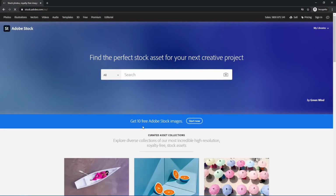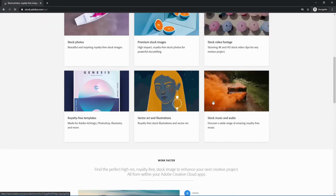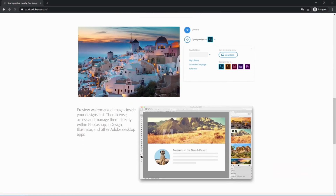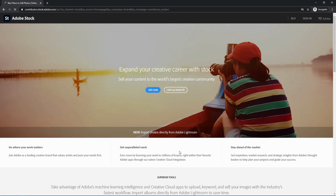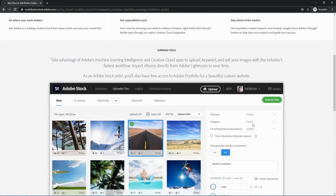And as you can see here, if you don't have an account yet, you will not be able to access all the features, although you can see all the features that it offers to entice you to join. And as you can see here, you can earn royalties doing what you love and become a contributor. Earning royalties is exactly what you think, earning money, because you get paid when you sell some stuff. Or you can also buy from this site, and you'll be redirected to